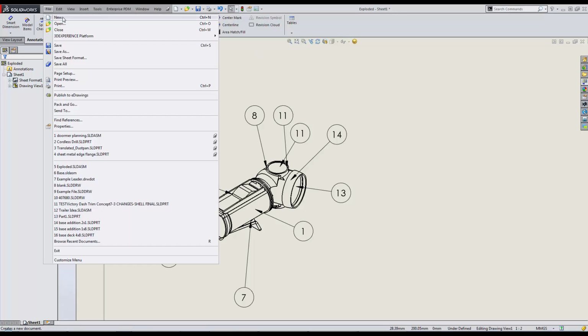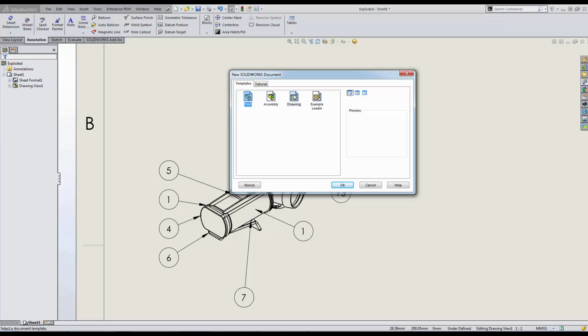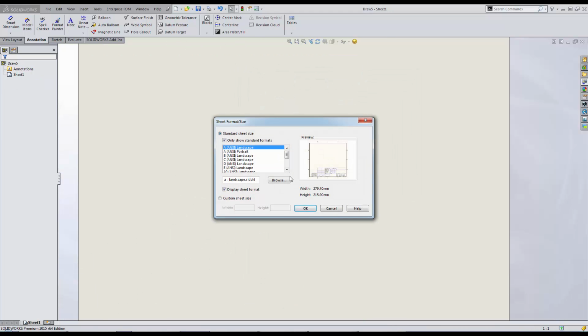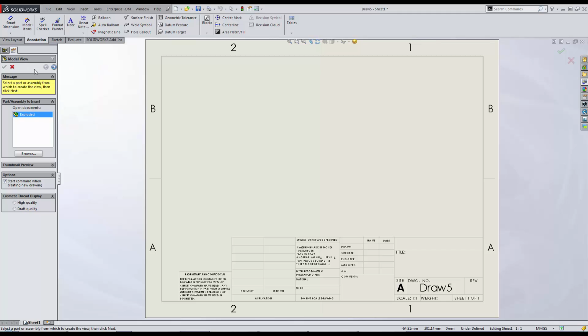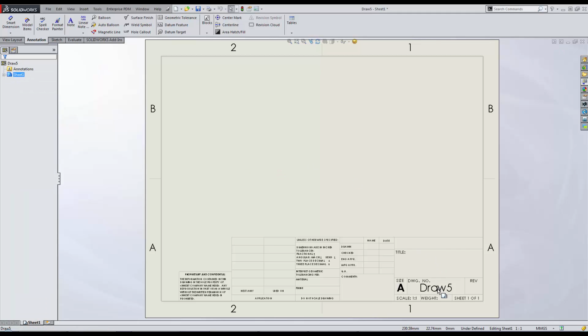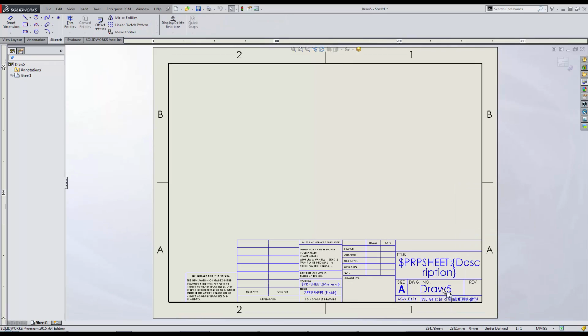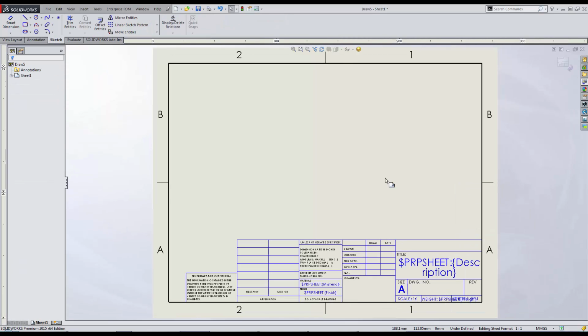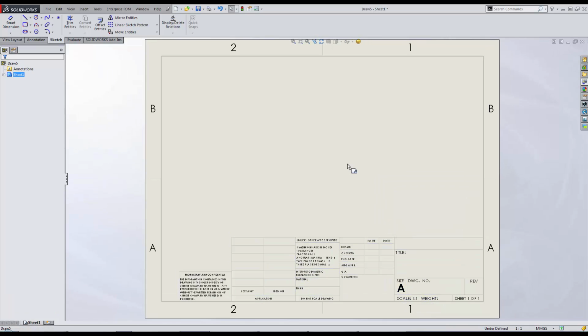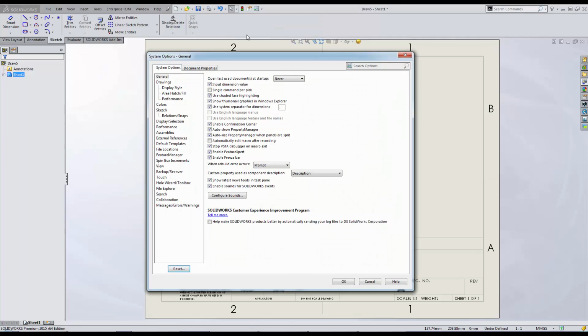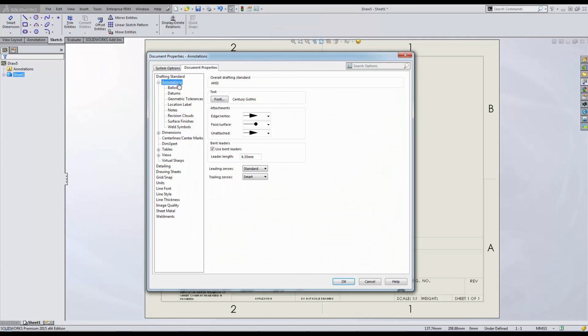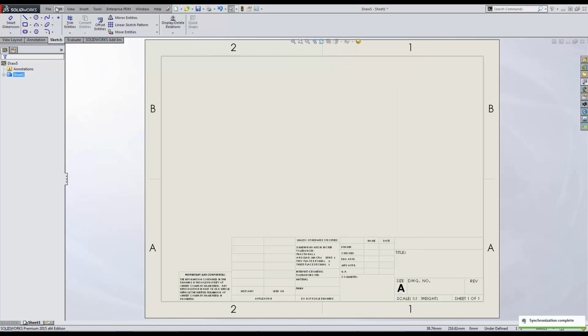So I can say File, New. I could use my existing template with the default. So nothing I'm really concerned with. And if I want to make sure I don't add a note in accidentally, I'll just delete it. And so here's a blank sheet, and the only thing I need to do is come in and change that setting in our options. So I'll go to Document Properties, Annotations, and this is going to load this way each time. So if I change this to Surface, now I have that type of leader, and I just say File